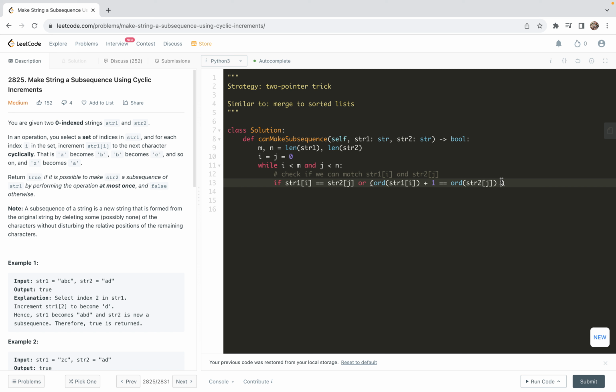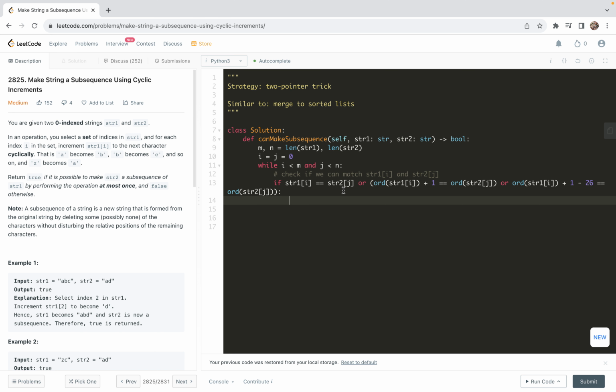So the condition is: the ordinal number of string 1 at i, we increment this number by 1, and if this equals the ordinal number of string 2 at j, this is one possibility. Or, like when you increase Z to be A, then we need to pay some attention to the